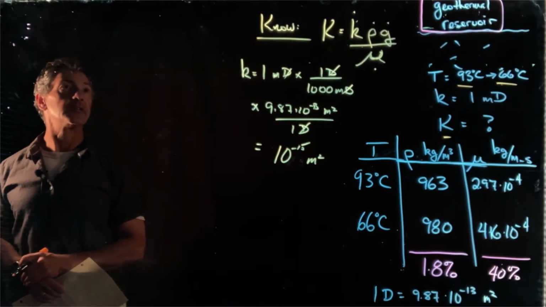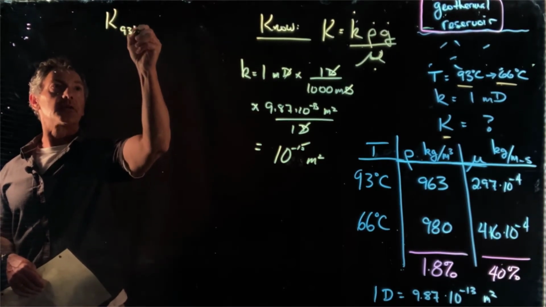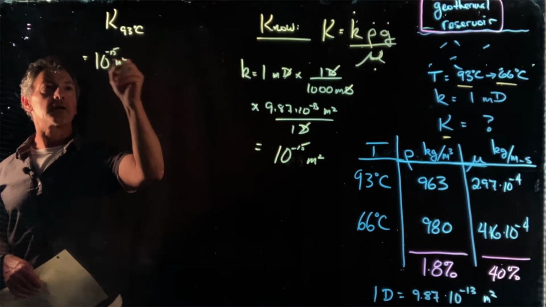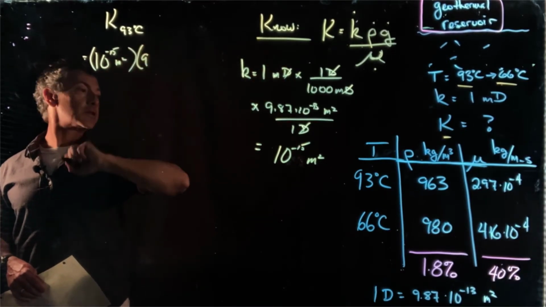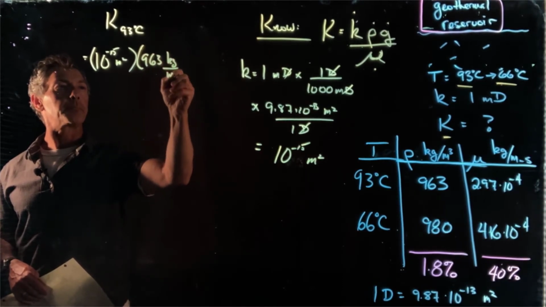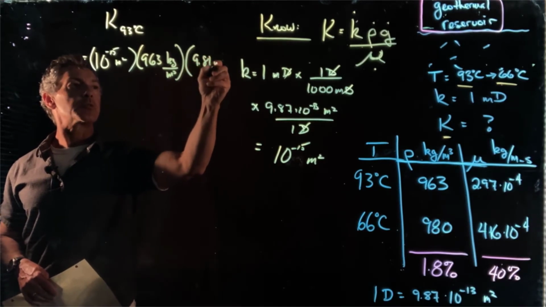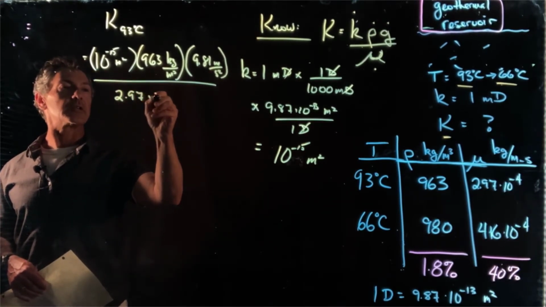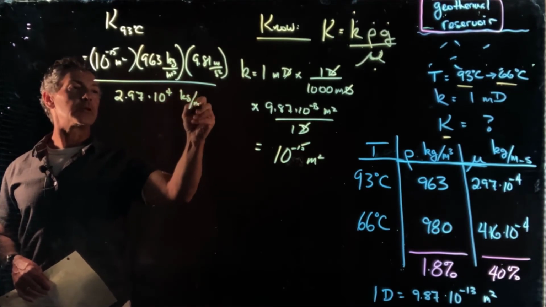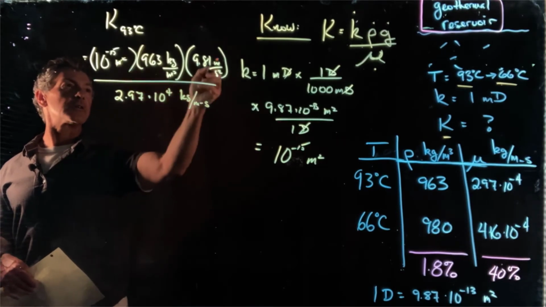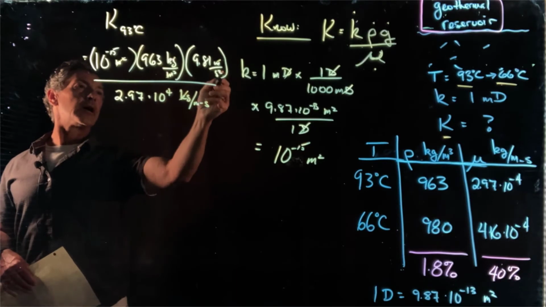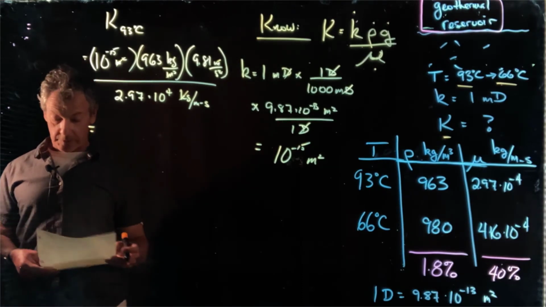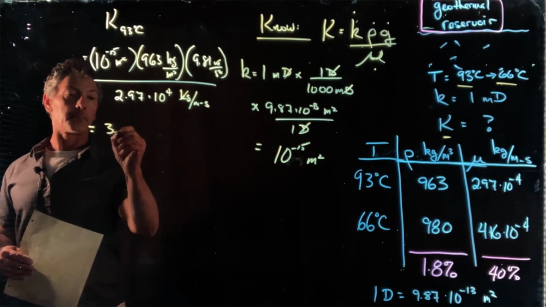Let's go ahead and calculate our hydraulic conductivity at those temperatures. So K at 93 degrees C is going to be equal to our 10 to the minus 15th meters squared times 963 kilograms per cubic meter times 9.81 meters per second squared, and that's divided by our viscosity, which is 2.97 times 10 to the minus fourth kilograms per meter second. So we can see that our meters go out, our kilograms go out, one of our seconds goes out, and we end up with 3.2 times 10 to the minus 8th